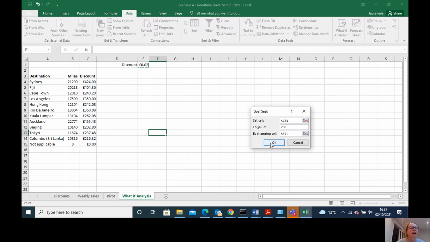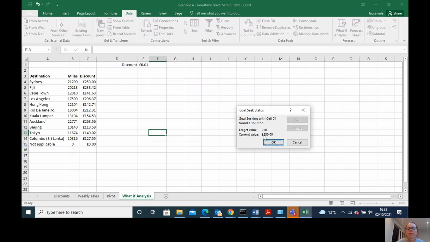So now when I press the OK button, we should see it's working on it. Yep, so you can see that it's worked out to get this discount to 250, the discount has to be set to